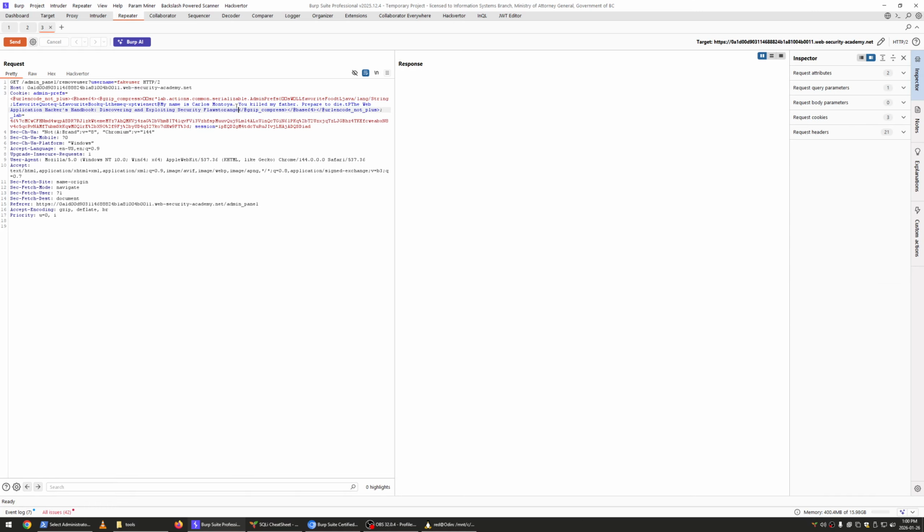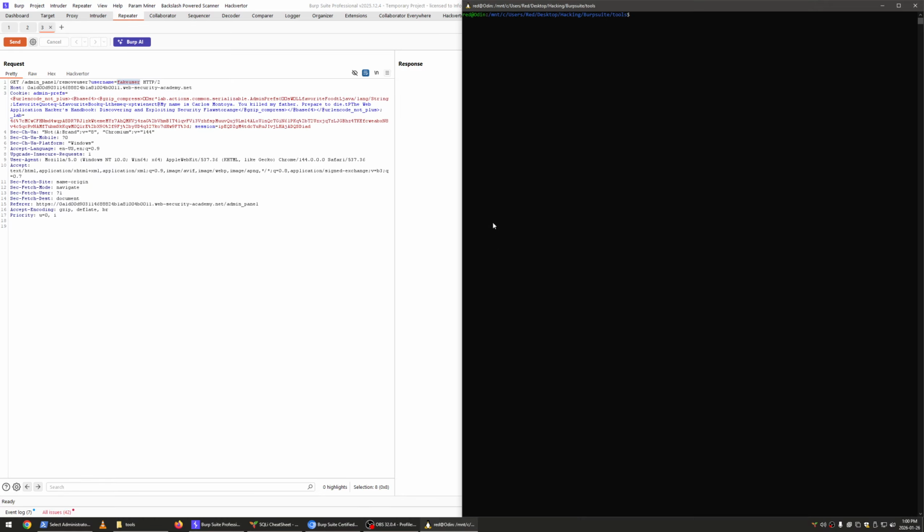So if the backend is actually reinstantiating this Java object that's stored in this admin prefs cookie without checking anything else, we might get lucky and we might not actually have to give it a real user to delete, assuming it reinstantiates this object first. So let's just hop into